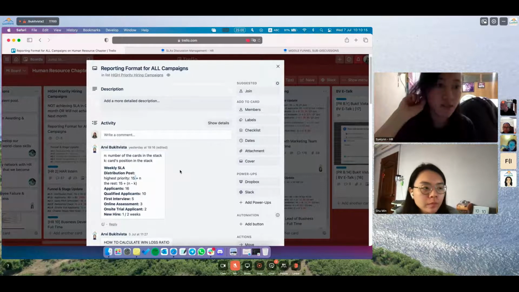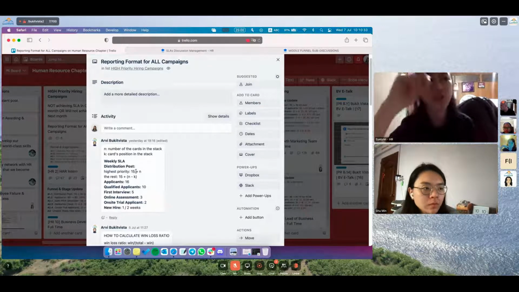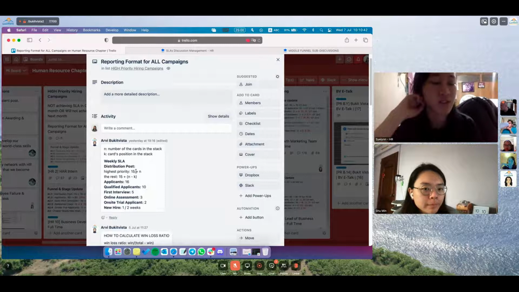We looked at whether the campaigns in the high priority campaigns achieve the SLA or not, and what are the most common numbers that show up. Some campaigns have around 20 plus distribution posts, and some are around 15, 16. We need to consider other things as well. I think 15 should suffice, because 20 may not actually be needed for some campaigns, especially those in the lower part of the stack. So we decided to go with 15 and then add numbers from there.